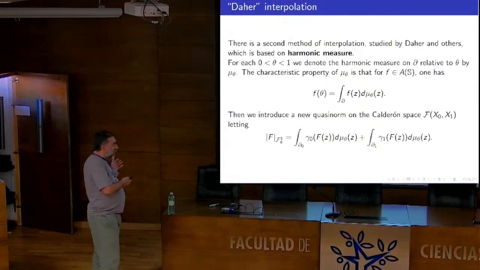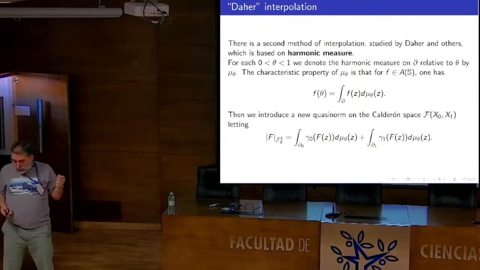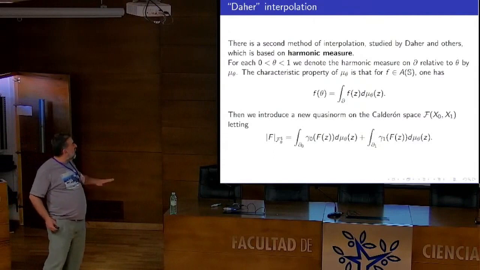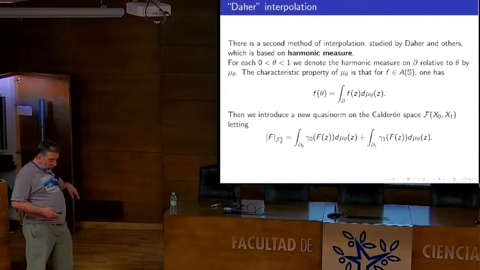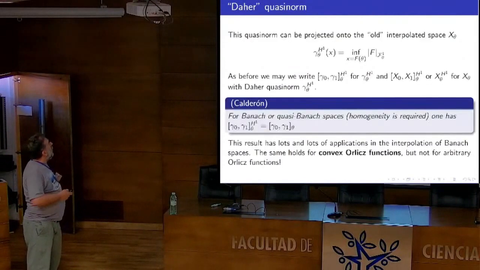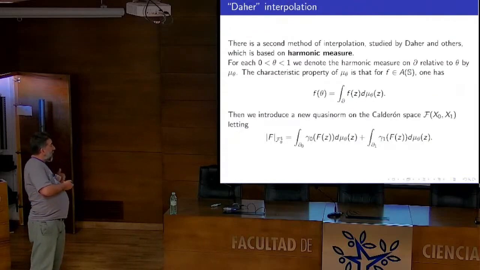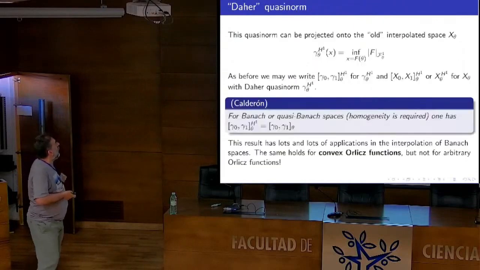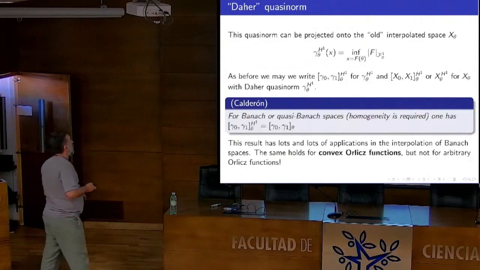There could be some problems because we don't know exactly if this is a quasi-norm or if it could be degenerate, but in finite dimension this has no importance, so let me skip this. Once we have re-quasi-normed this space, we project the quotient new quasi-norm to the interpolated space, until we define another interpolated norm here,